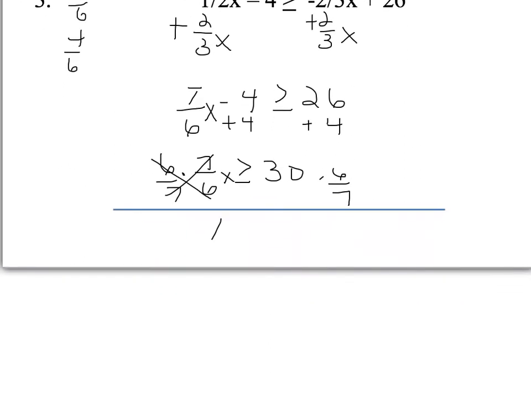Okay, so now I just have x is greater than or equal to 180/7, which is equal to 25.71. Okay, so I just divided 180 by 7. So now if I want to graph,